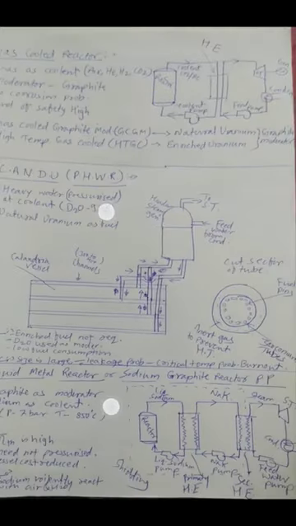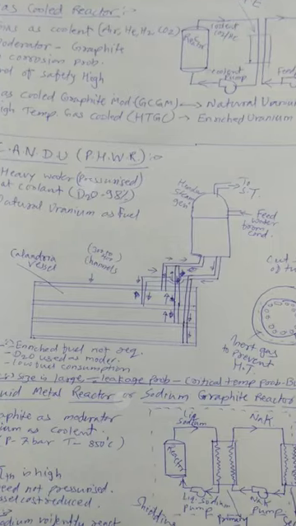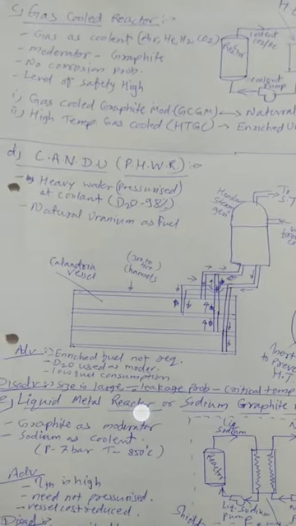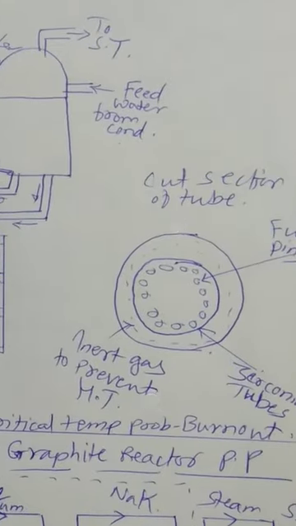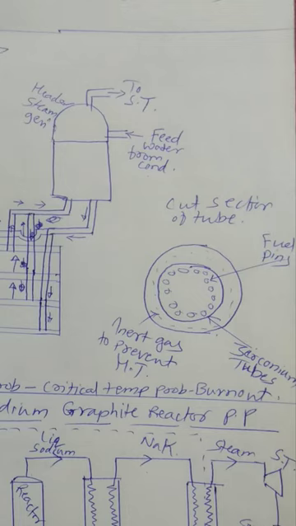So the basic concept we have to see here for the CANDU. In CANDU, in a single vessel there are so many shells, so many tubes, so many channels provided, about 300 to 400 in number, which may vary, and this vessel is called a calandria vessel. Moving to the shape and orientation of these channel tubes, here a cut section is given where there are zirconium tubes, in which the fuel pins are mounted, and in these fuel pins the D2O is flowing.